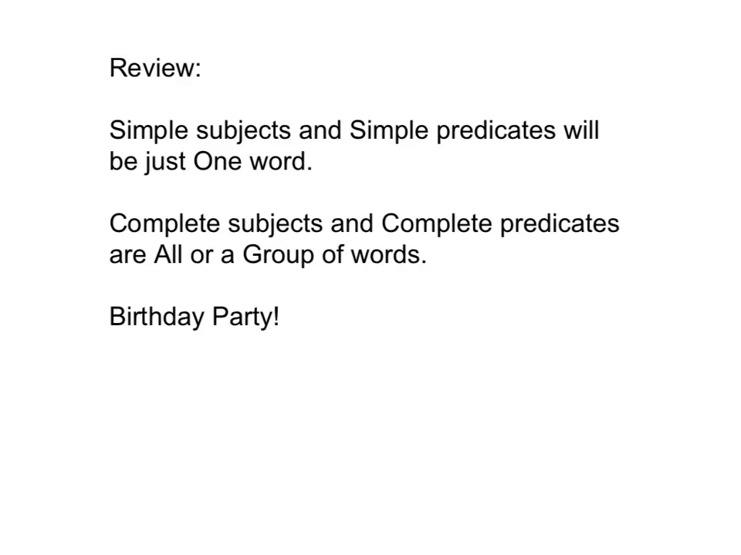So let's review what we've learned so far. Simple subjects and simple predicates will be just 1 word. Again, the exception to that will be simple predicates when there's a helping verb in front of a main verb. And then there's also what are called complete subjects and complete predicates, which are all or a group of words. And if you get confused about simple and complete, which one's the 1 word, which one is all the words,